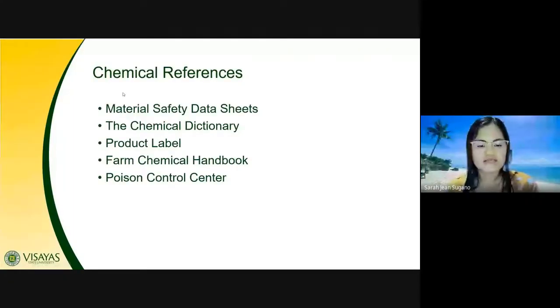For example, there are the material safety data sheets, which I have already discussed with you. Second is the chemical dictionary. I think many laboratories have it also. And then the product label, the Farm Chemical Handbook, and the Poison Control Center. Okay, so